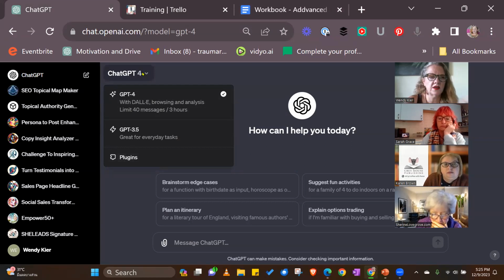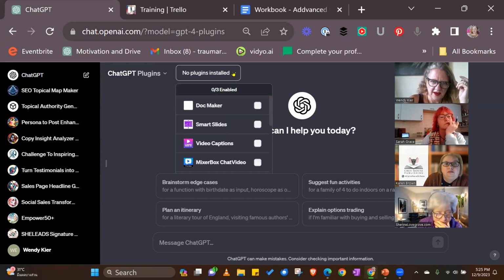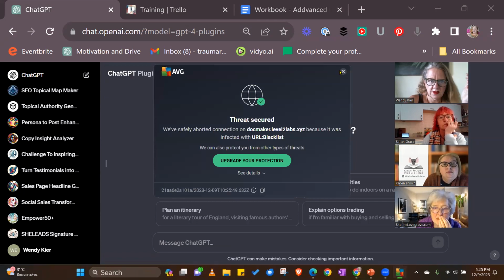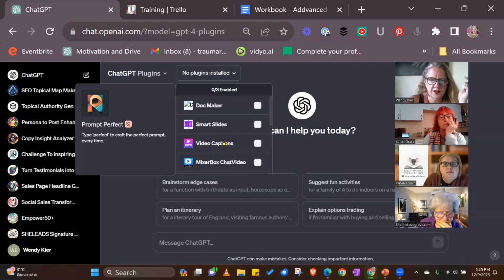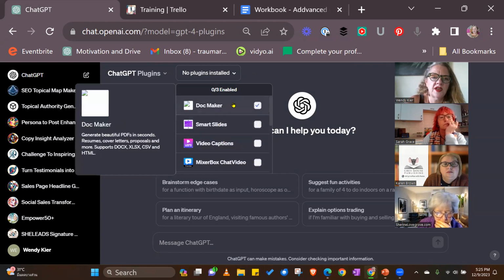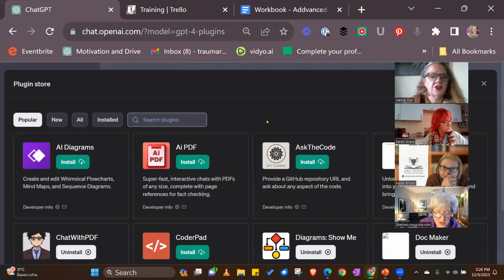You click on the ChatGPT-4 button, scroll down to plugins, click plugins, and you'll have a list of the ones you've said you want access to. If you don't have any, you go to the plugin store and you can pick a plugin.